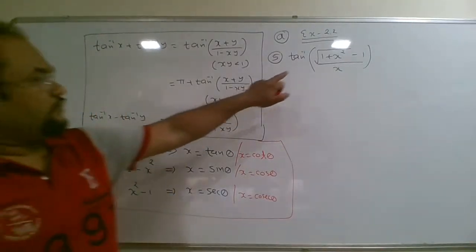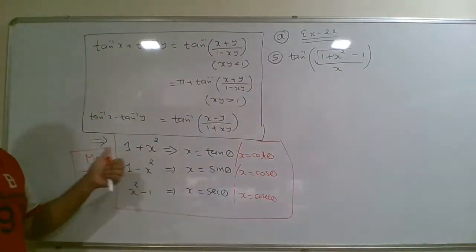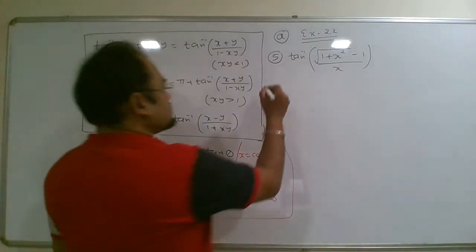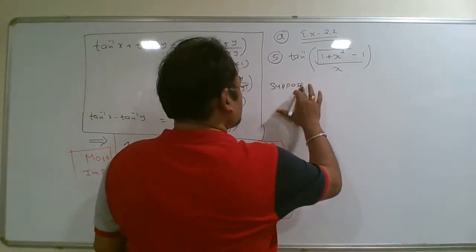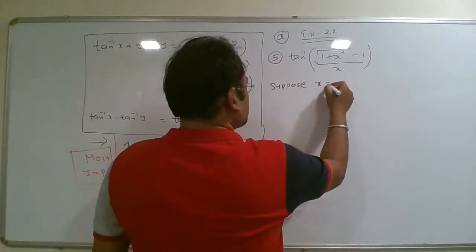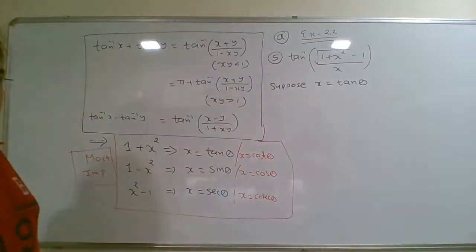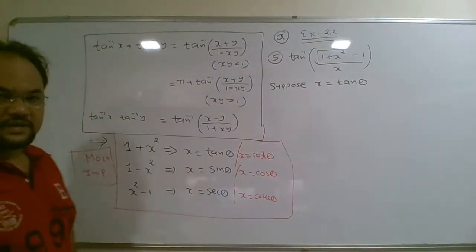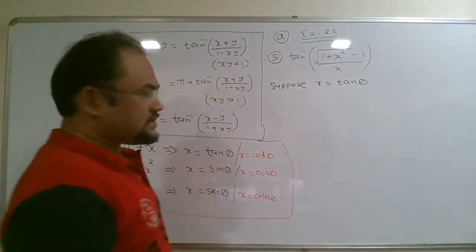So here we have 1 plus x square. So suppose x equal to tan theta. For our convenience, suppose x equal to tan theta, because there is no direct formula for solving this part,